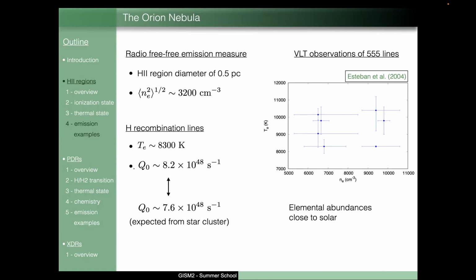But this is to be expected because, when you look at images of this H2 region, you see a lot of morphological substructure, filaments and so on. And these are filaments that you analyze, in fact, by